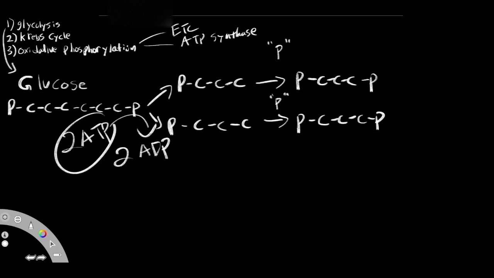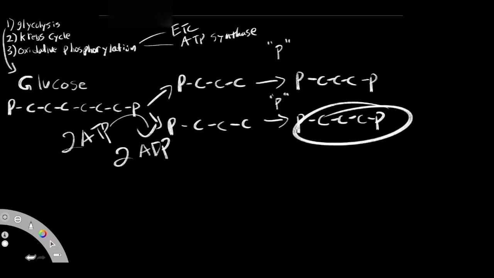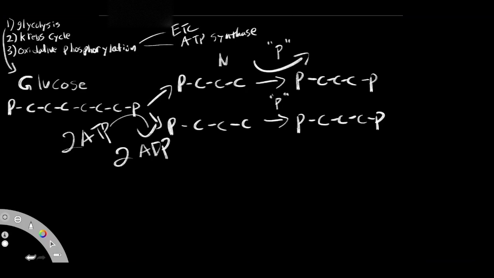The other P that got broken off from another ATP started free floating over here, attached onto the end of this 3-carbon sugar phosphate, and then created its next product over there. So now we have this product and this product. In this process, NAD plus is used in order to make NADH. So an electron was transferred in these steps over here. So the NAD plus, I'm going to be putting it right over here. The NAD plus